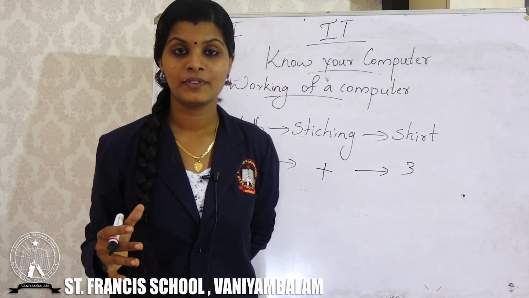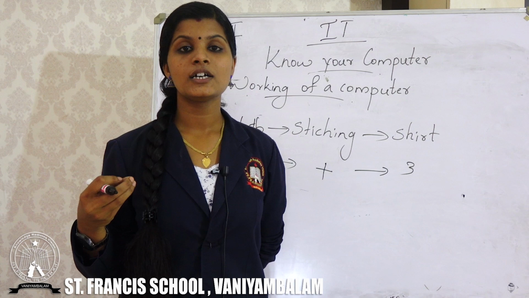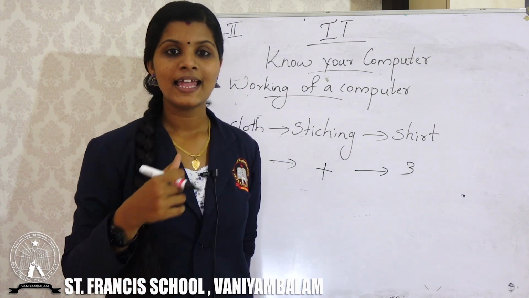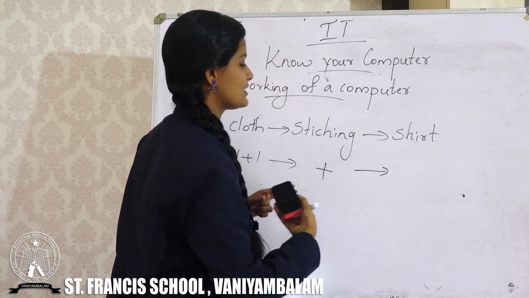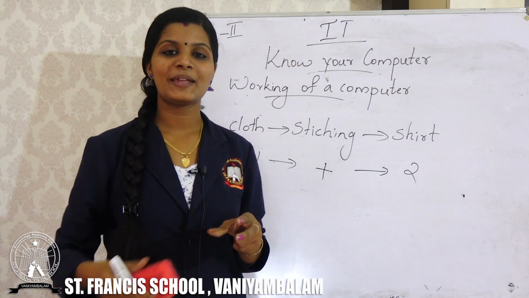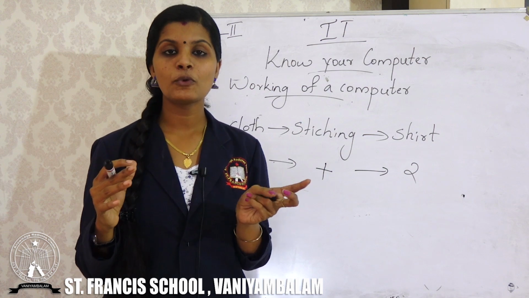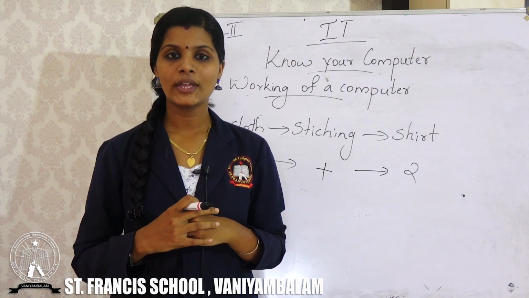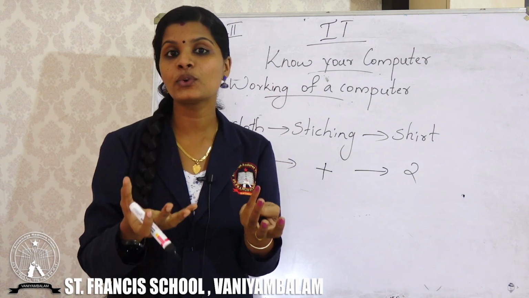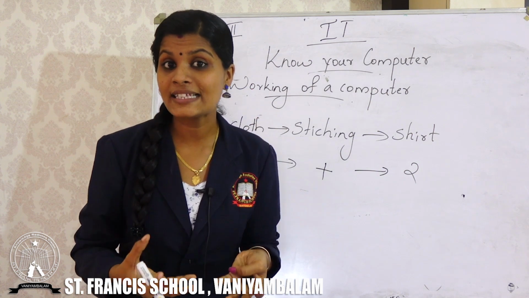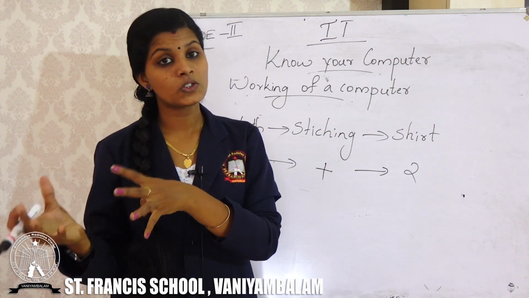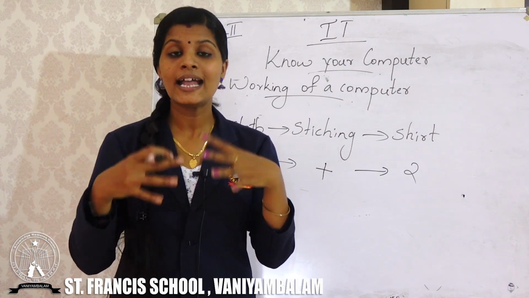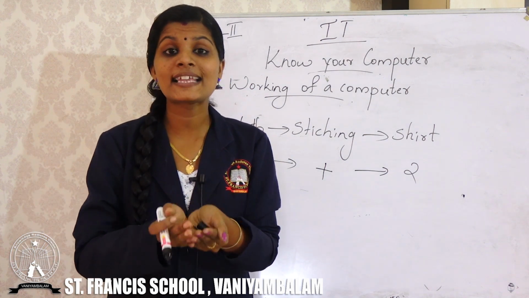Another example. If you want to make a juice, what happens? You will take that fruit. That is the first step. What do you want? You want the ingredients. Fruit you needed and what all the things you need. Sugar, water. That is the first step. What is the second step?